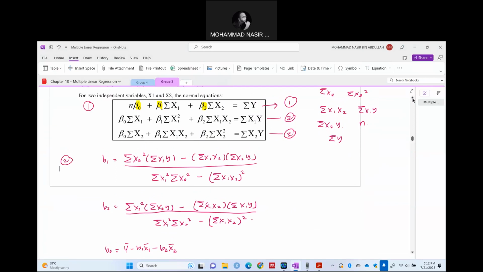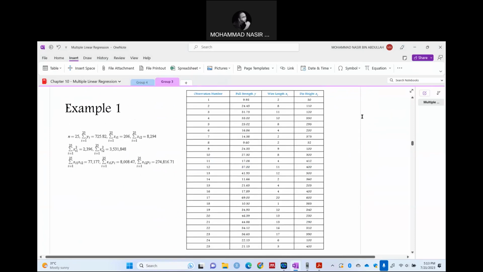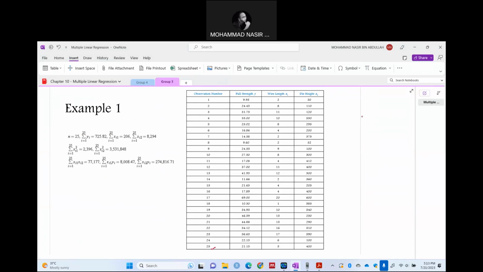Okay, done. So based on these two methods, I think the first method should be very easy, right? So just plug it into the formula, into the calculator, and you will get the result. Right, so let's look at example number 1. This is very long data. We have 25 data. But later I will show you how to use the calculator with small data, right? So now, based on example number 1, we want to find